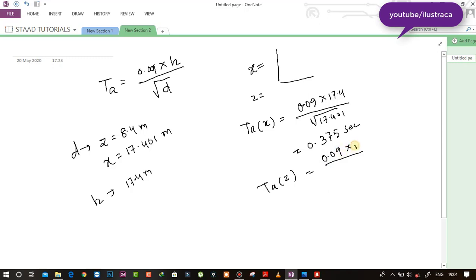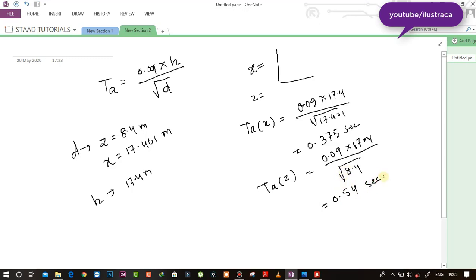Now Ta for the z direction is 0.09 multiplied by 17.4 and root under 8.4. We'll be calculating it, and the answer is 0.54 seconds.